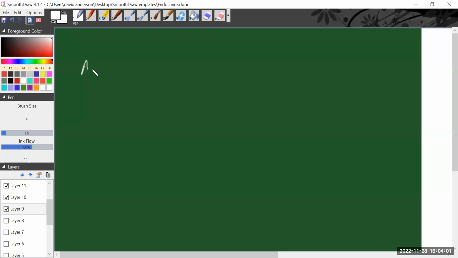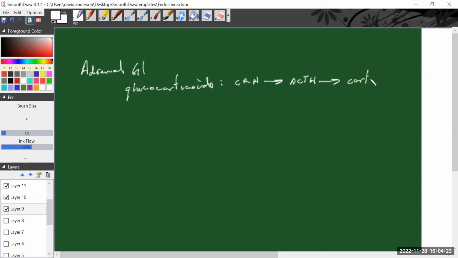Okay, so when we're looking at this adrenal gland, though, we have these other hormones. We have the mineralocorticoids. The glucocorticoids we've talked about now. The main pathway was corticotropin releasing hormone, ACTH, and then we got cortisol release. Right? We know that we're in the hypothalamus, we're in the anterior pituitary gland, we're in the adrenal gland. Glucocorticoids. The mineralocorticoids